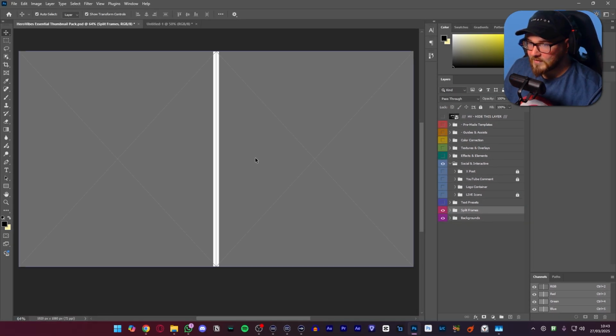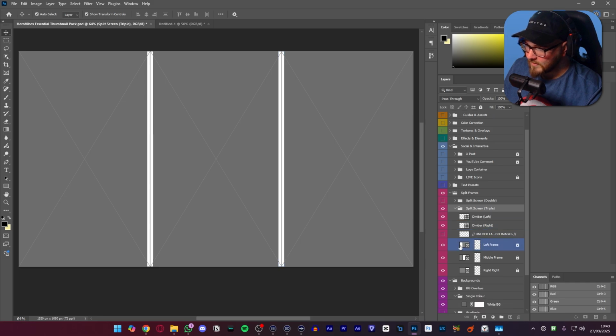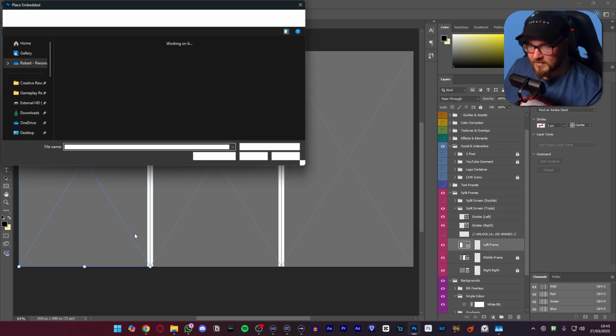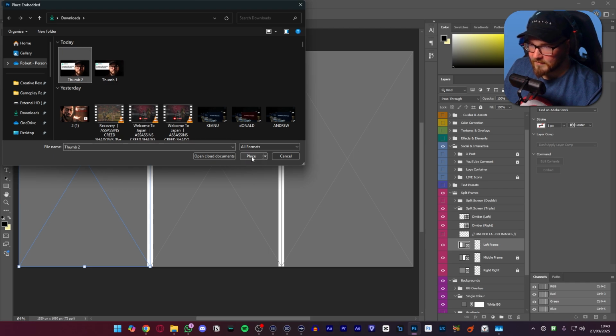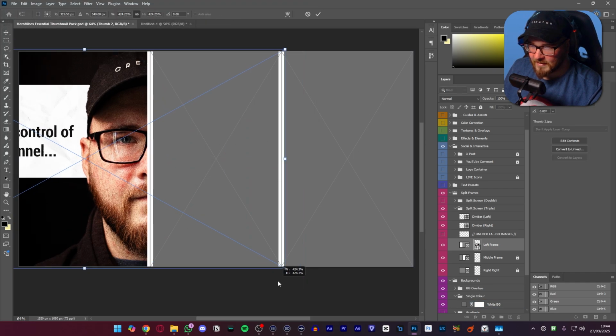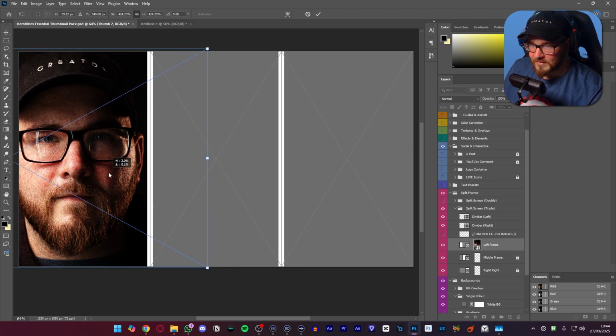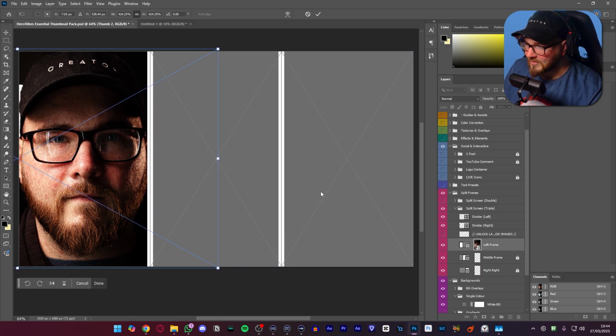Then the last two down here, I don't really use them that often, but I think, again, it's nice having options. You have split frames, so these are frames themselves. Rather than trying to crop images into half and half or even into threes like this, all we would have to do is find the frame itself, make sure that it's unlocked. Do the same thing again, press import image. And this thumbnail here that we just made, for instance, is going to be put into the frame, and then you can just expand it, resize it, do whatever you want. And it stays within these boundaries, so you don't have to worry about changing things around every single time,